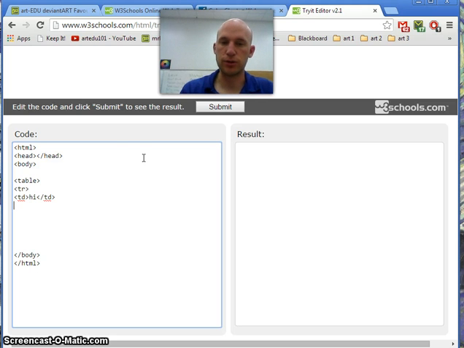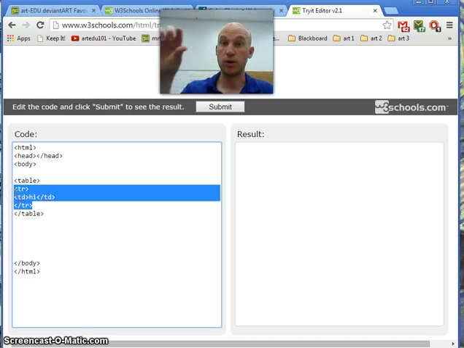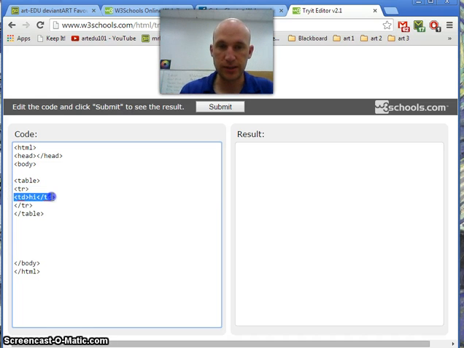And then I'm going to close my TR. So I began TR, table row. I'm going to close my table row. And finally, I need to close my table as well. Okay? So all of this is one table, all of this is one row, and all of this is one individual cell inside of that row. Okay? Cool? Awesome. So whenever I hit submit,